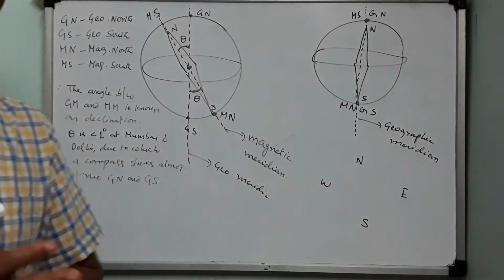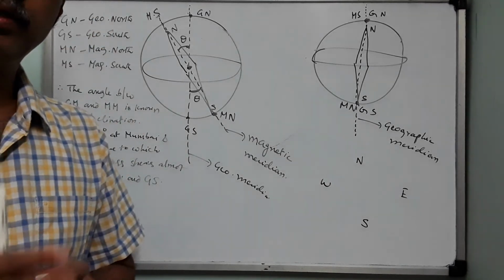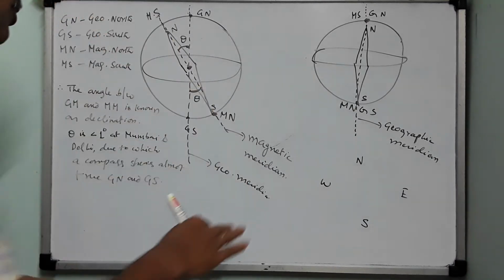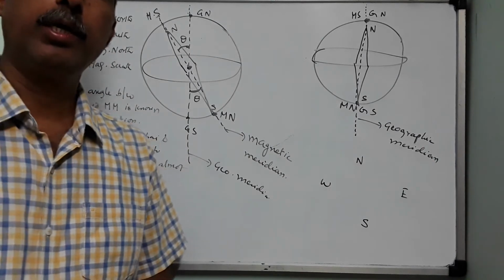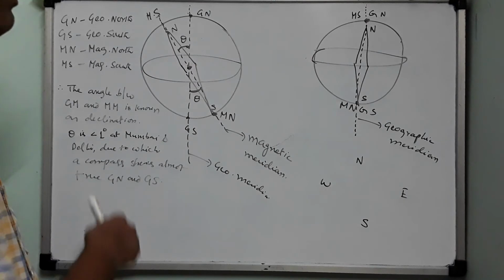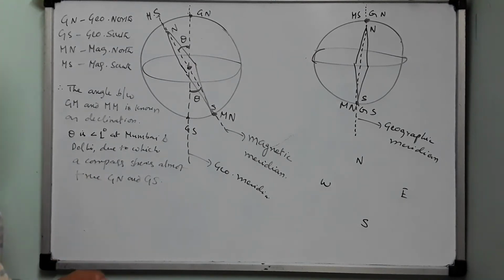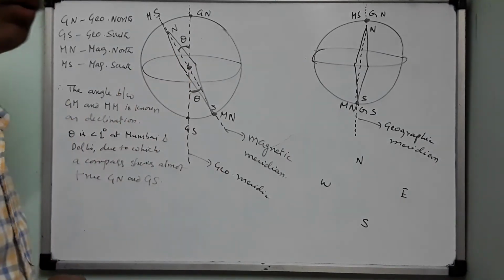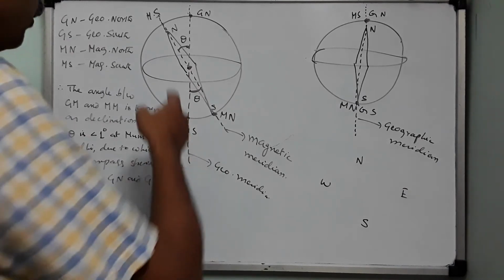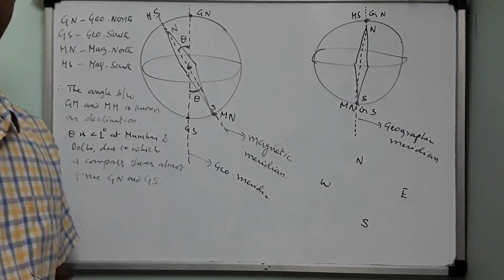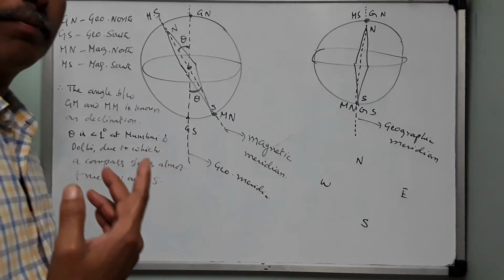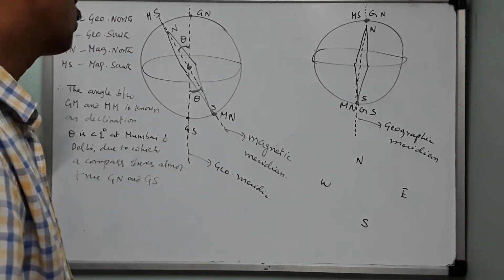What are these meridians? A plane passing through geographic north and geographic south poles is known as the geographic meridian, and the plane passing through magnetic south and magnetic north poles is known as the magnetic meridian. So the angle between these two is known as what? Declination. So the theory says that this theta value is not going to be constant. Because of the revolution and spinning of the earth, this theta value will be gradually increasing. It may not be a surprise, children, in due course of time, in many centuries to come,